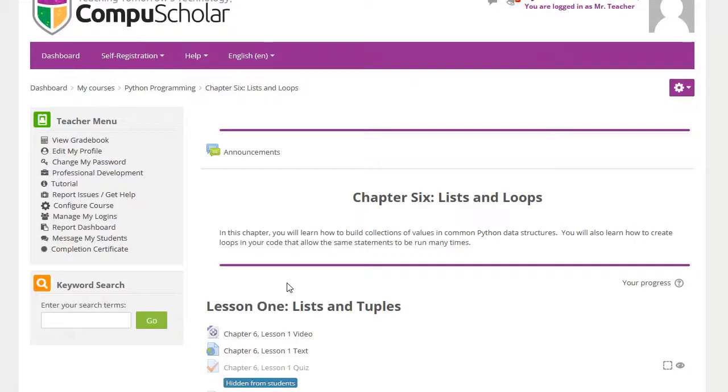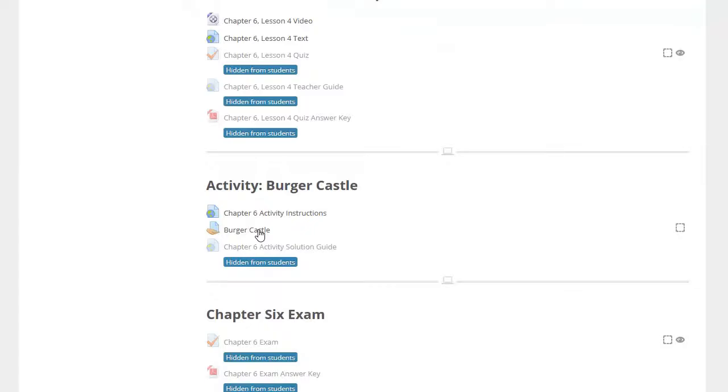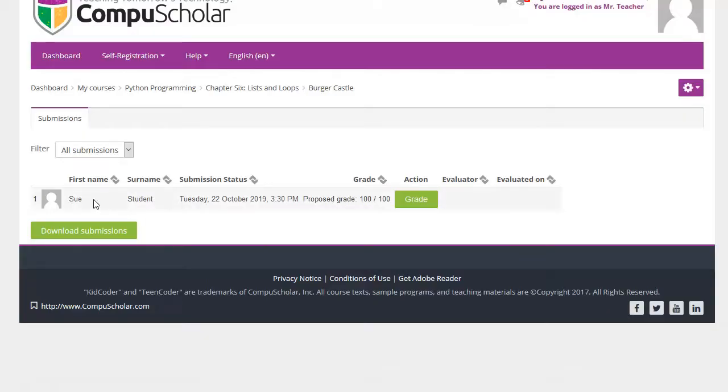Okay, I've logged in as a teacher, and again let's go down to the activity link and click on that as a teacher. And you'll see that the submission is now showing up for the student, and surprise surprise, the student scored 100%. So you can click on the grade icon,